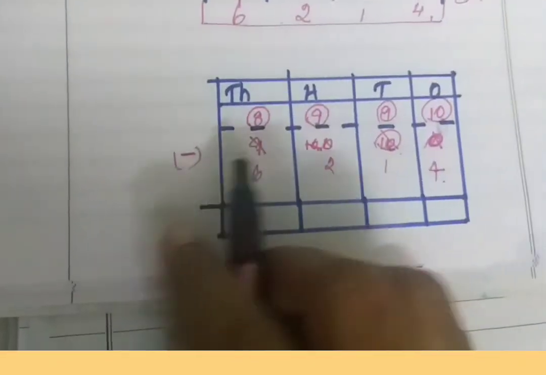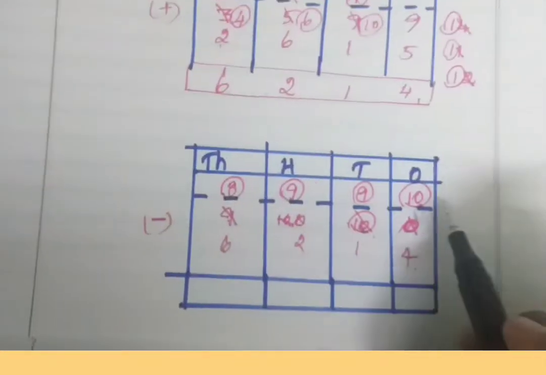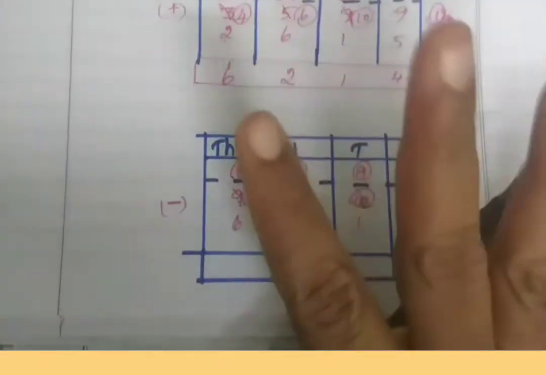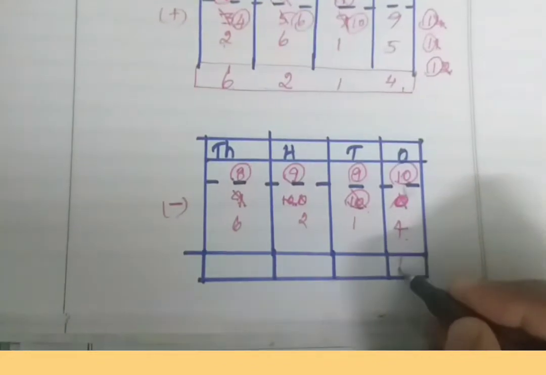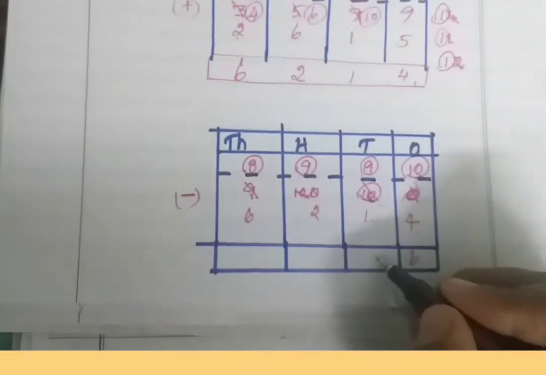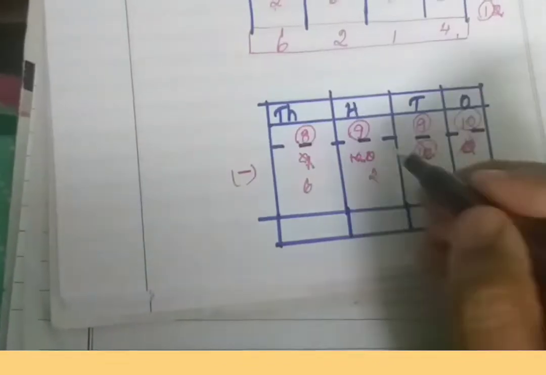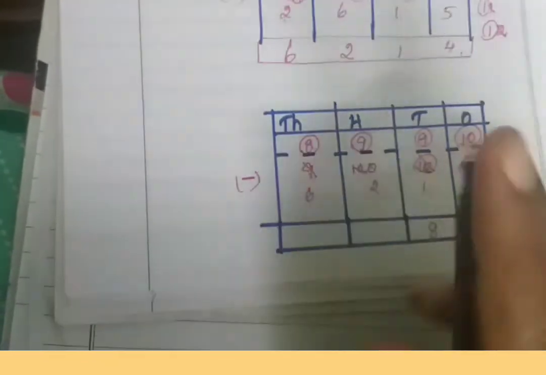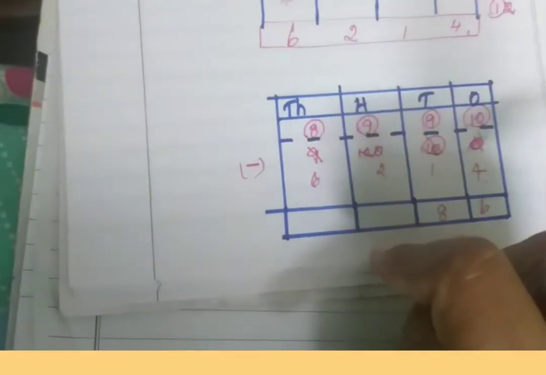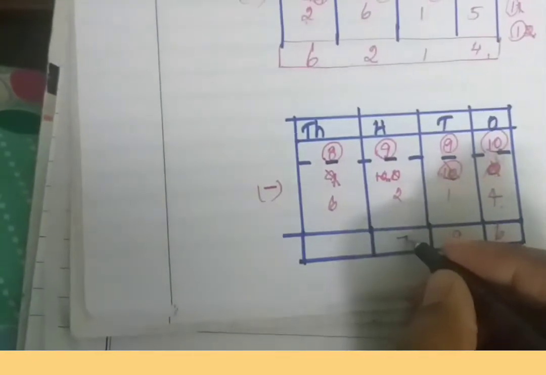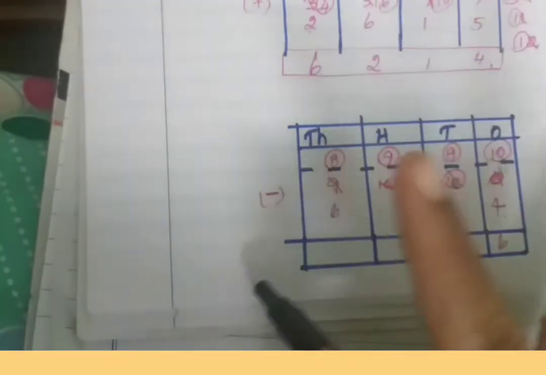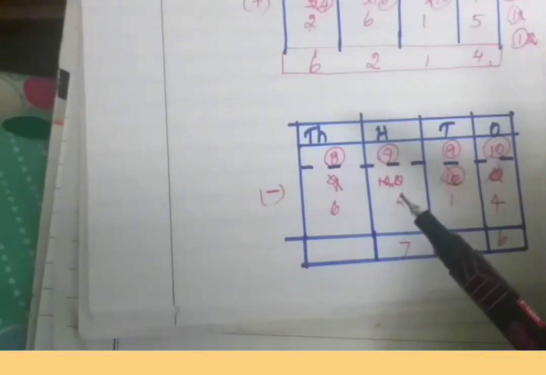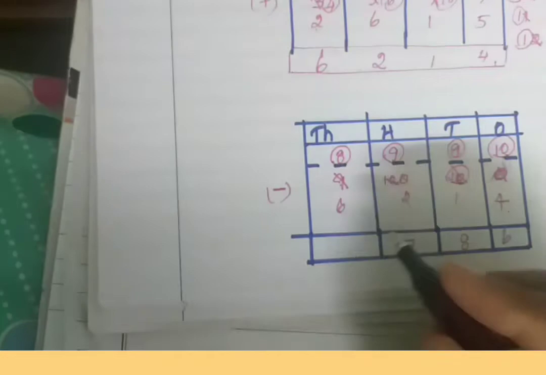This is a minus sum, so count backward: 10 before, 9, 8, 7, 6. So 6. 9 minus 1, 8. And 9 minus 2: 9 in the mind, 2 in the finger, 9 before, 8, 7. And 8 in the mind, 6 in the finger, 8 before, 7, 6, 5, 4, 3, 2. So the answer is